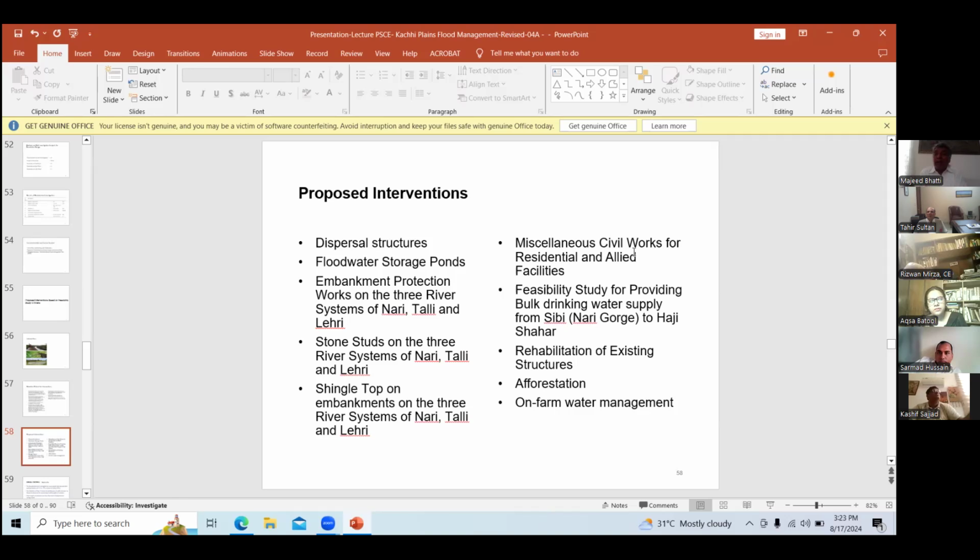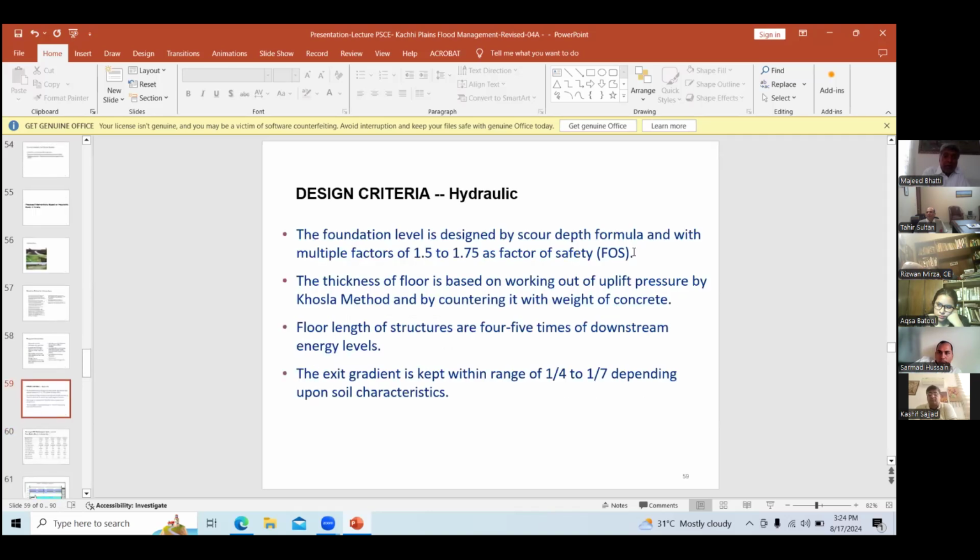All the embankments will have shingle top, so that officers visiting the system during the flood can safely travel on the embankments, because it is very slippery when there is rain. So these are the interventions proposed in the feasibility study for the 3 rivers.